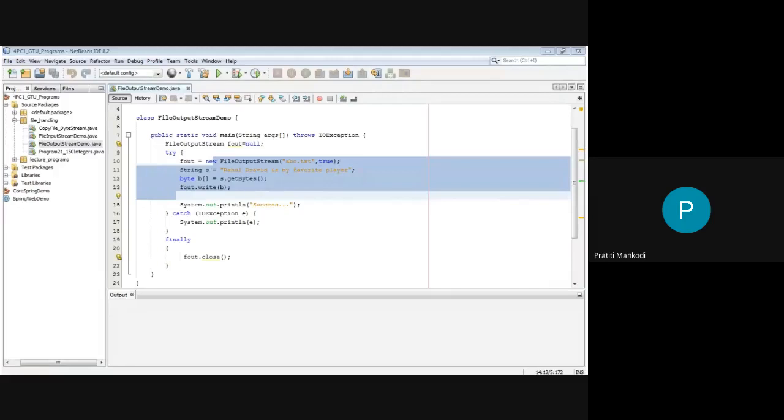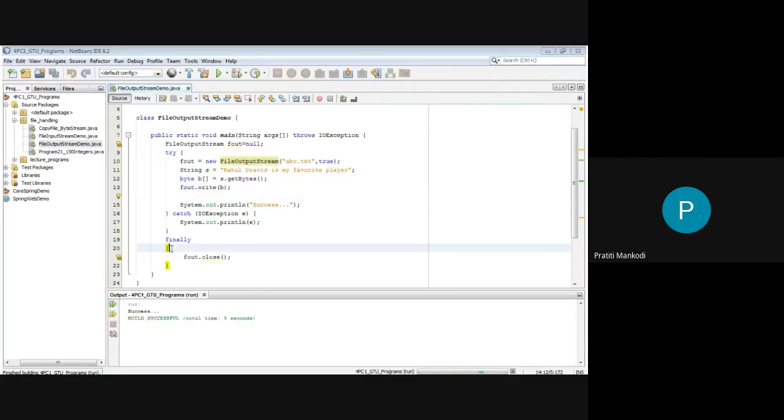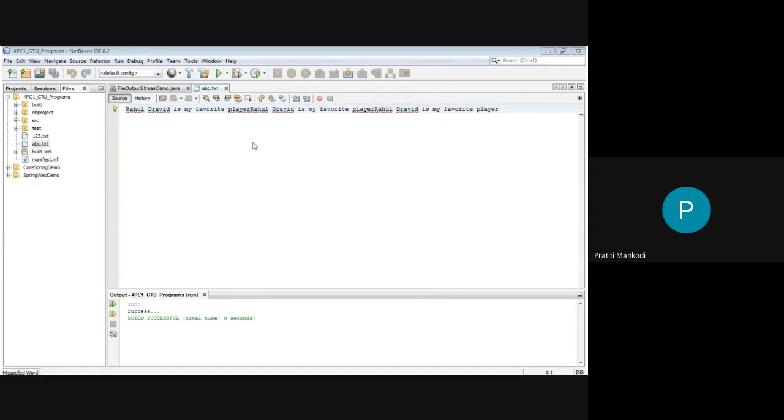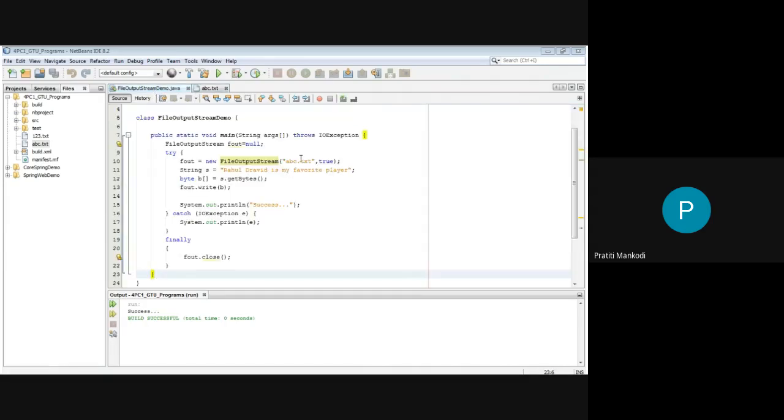One more time, I am running the file and showing you how your output should be. Successfully written on file. You can give an appropriate message, and you go here. You can see abc.txt is already there, and everything has been written in my file. We have kept the append mode true, so whatever we write, every time we execute the file, it is going to append it to the current content, right?